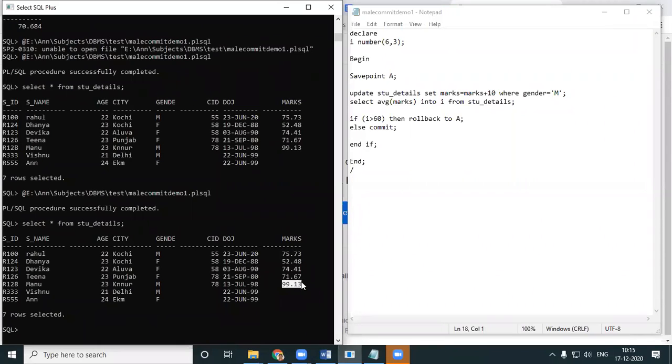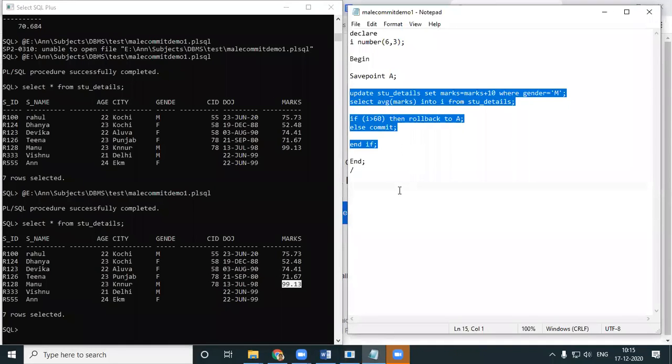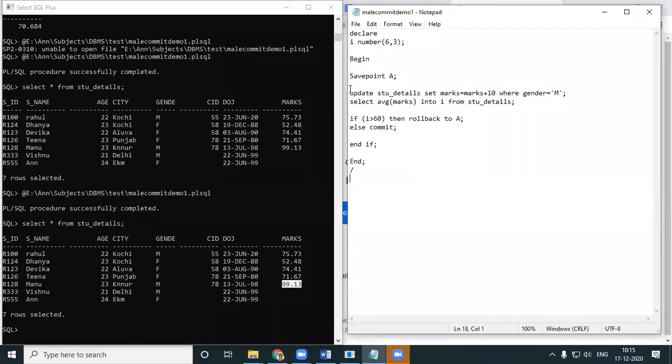So this is how you work with your save point, commit, rollback, etc. in your PLSQL. The logic is the same. The only thing is you combine it together with your queries. You can have more than one statement. That is why PLSQL is called a block of statements.